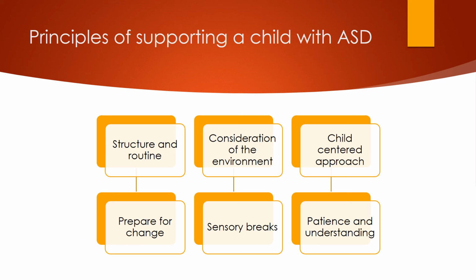Some common strategies that are useful when a child has ASD include the following. Structure and routine. As we have learnt, the more predictable a situation is, the less anxiety-provoking it is for a child, as they will know what is going to happen. This links to ensuring that we prepare these children for changes to that routine. For example, talking through a novel situation step by step and doing lots of transition work.